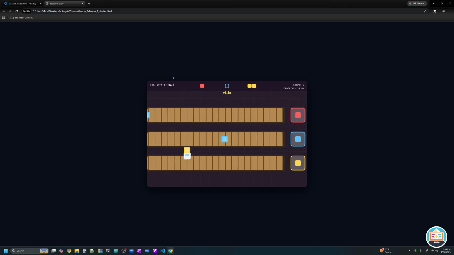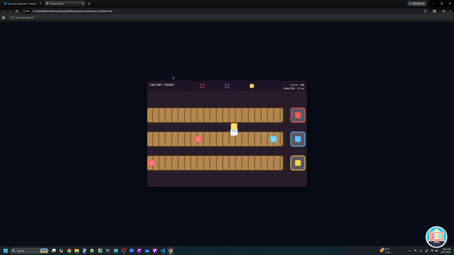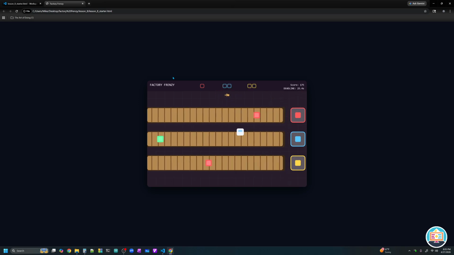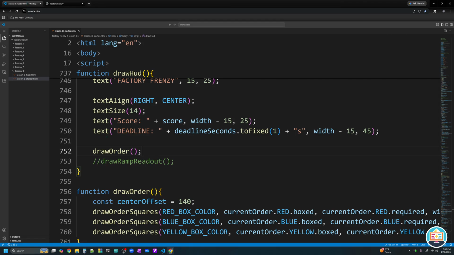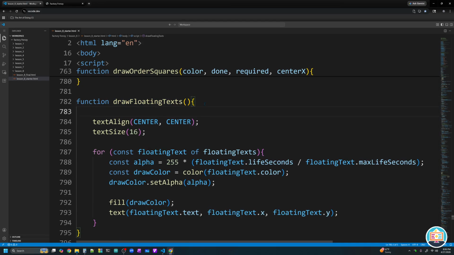All right. Ooh, it sort of looks like my font just got messed up a bit when we commented the ramp out. So we have to fix that. So let's head to the computer screen. Let's take a look. Okay, to fix that issue, in draw floating texts, I think my marker was just a